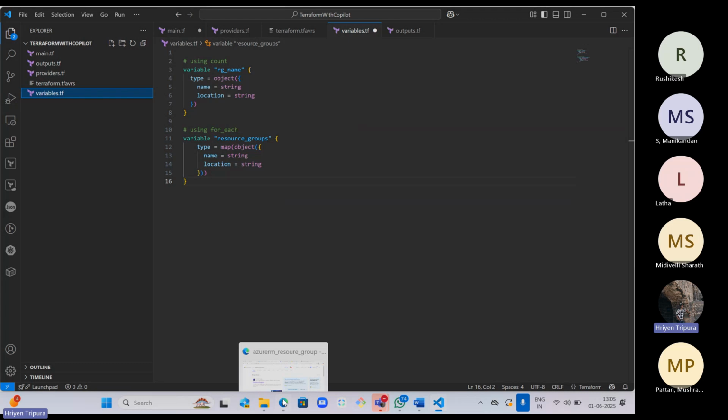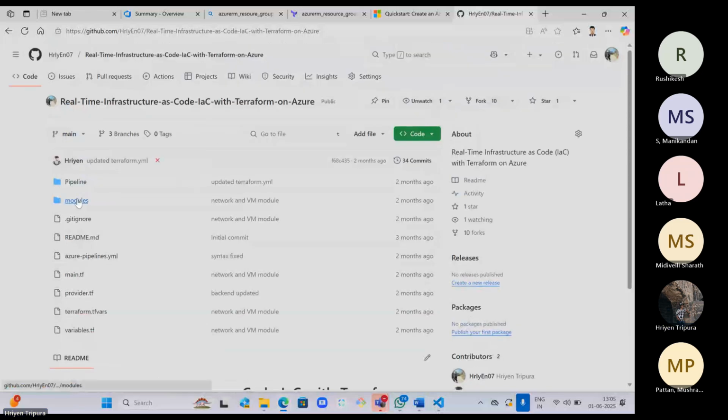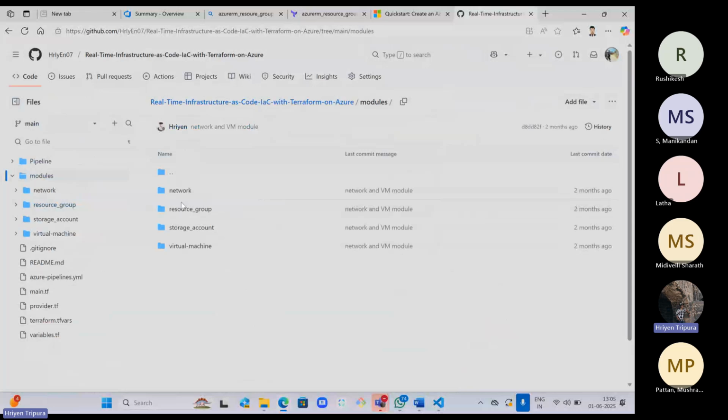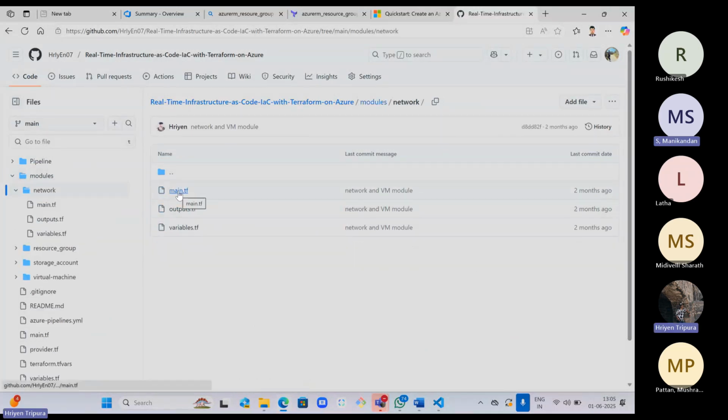If you go to any variable, maybe let's say I can go to modules, now you can go to any one resource, because in every resource I'm using the same environment variable. Even a tag also I'll be using it, because